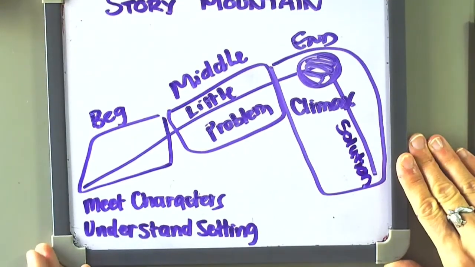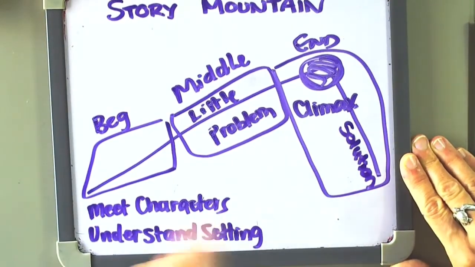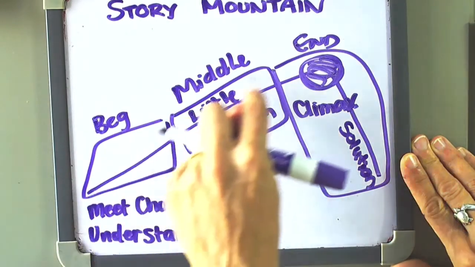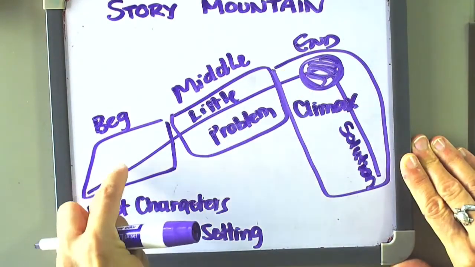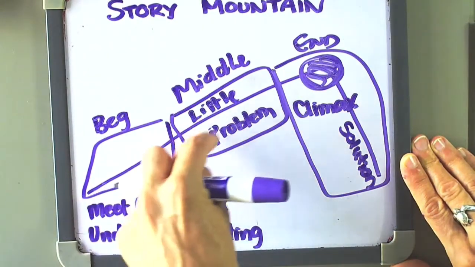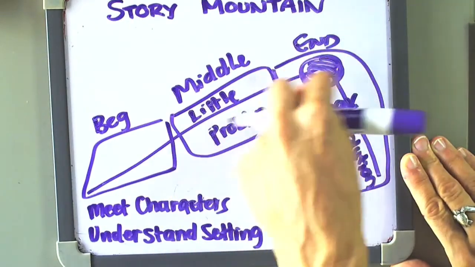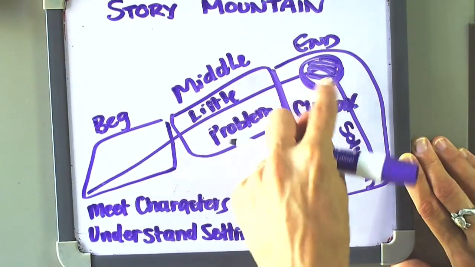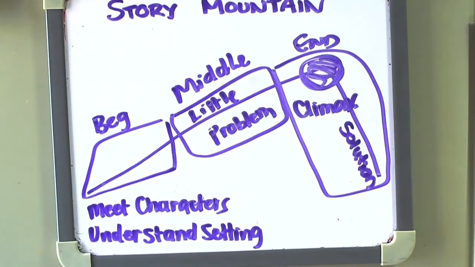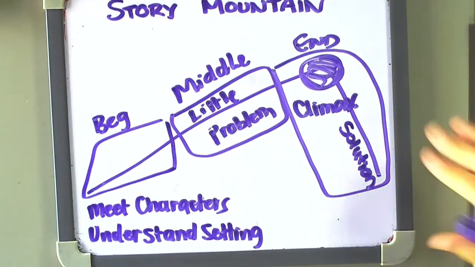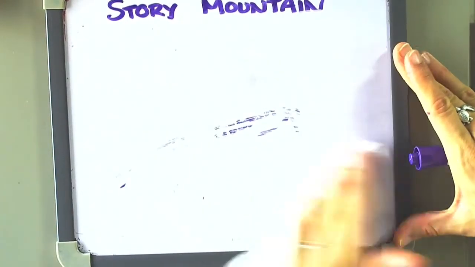Okay, wow, that looks super messy. I'm sorry. But just to show you, this is kind of the track that the character goes, right? Beginning, you just kind of learn some stuff about them. Then there's maybe a little problem or two, but they solve those. And then at the end, it's like, wow, here's a big problem. How are we going to solve it? And then they figure out the solution. So when we think about Tomas and the Library Lady,